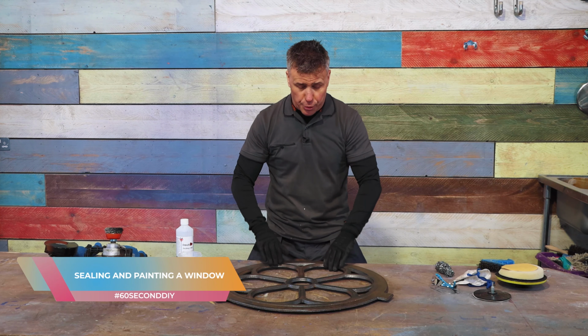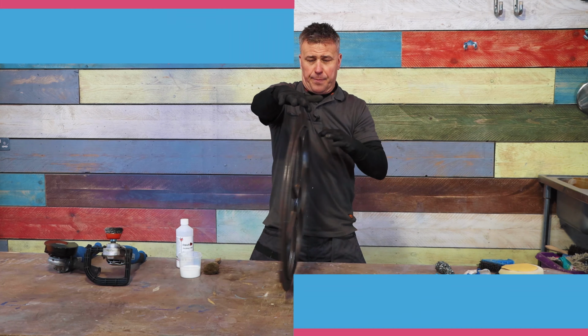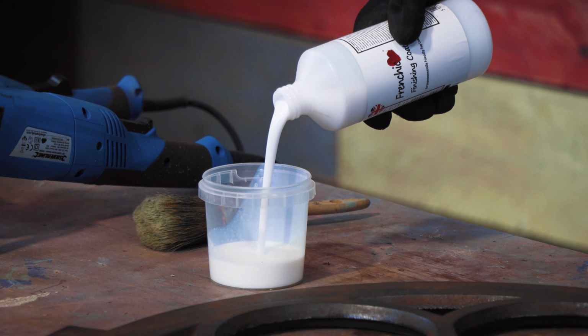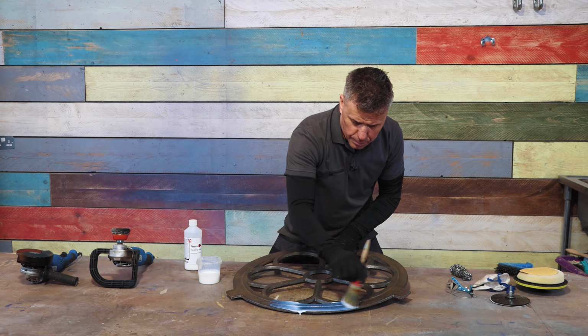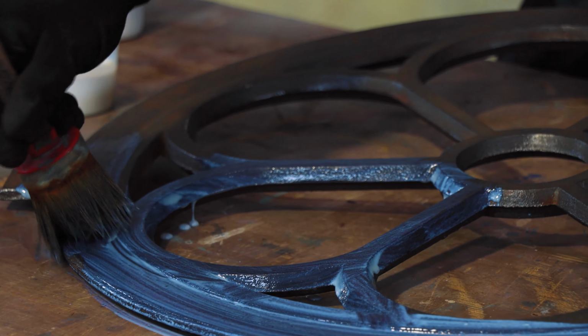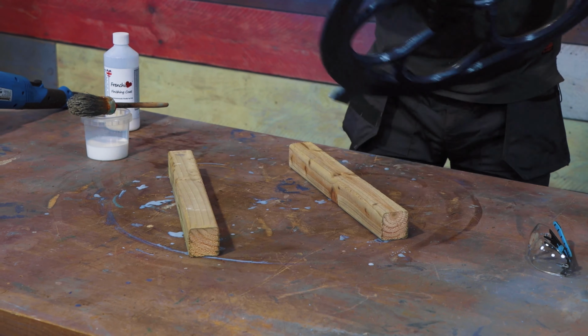In this video, I'm going to show you how to seal and paint this cast iron window frame. I applied a Frenchic finishing coat on with the paintbrush. It looks like a white milky substance when you're applying it and it's wet, but once it's dry, it's completely transparent. Once I completed one side, I placed 2 battens on my workbench, turned it over and then painted the